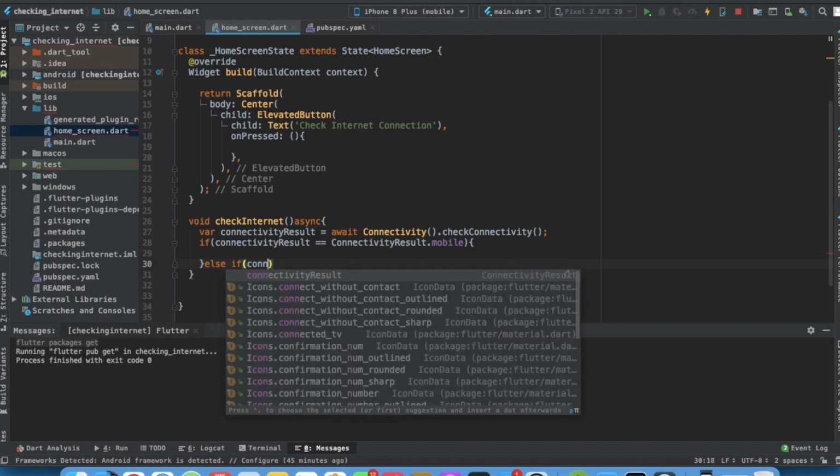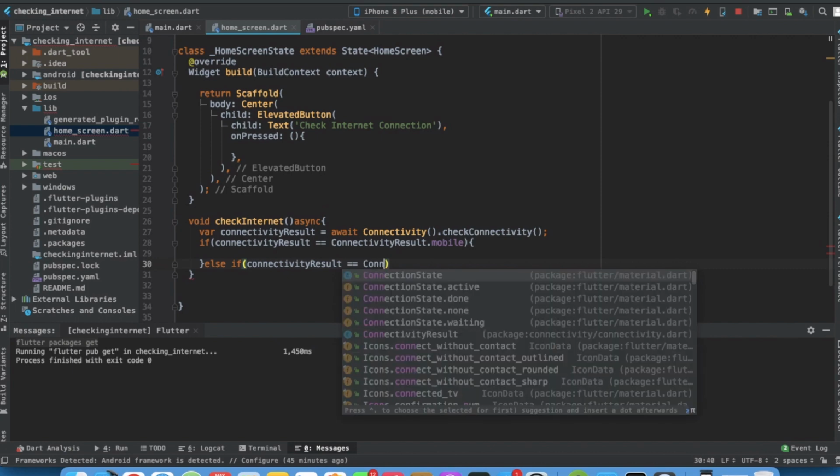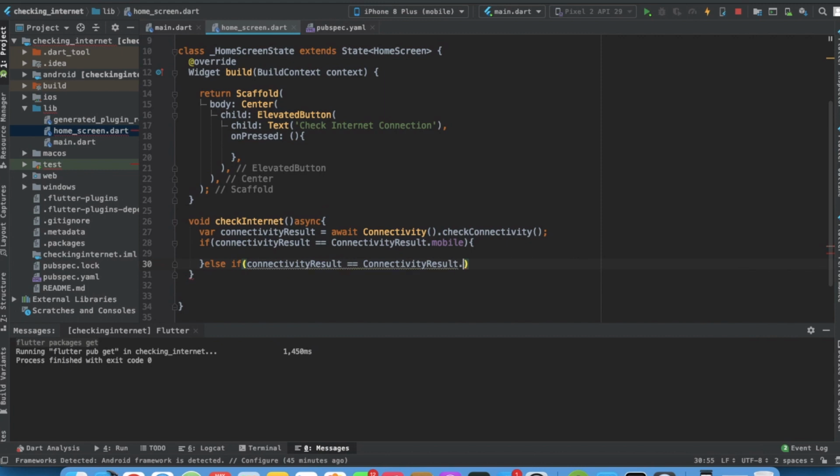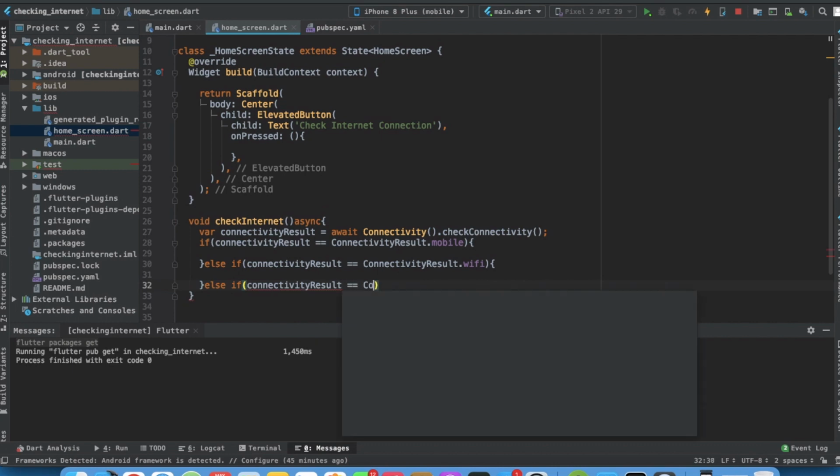Else if connectivityResult is equal to connectivityResult.wifi, meaning we are connected to Wi-Fi, this if statement will be called. Else if connectivityResult is equal to connectivityResult.none, if we are not connected to any internet connection, then this if statement will be called.